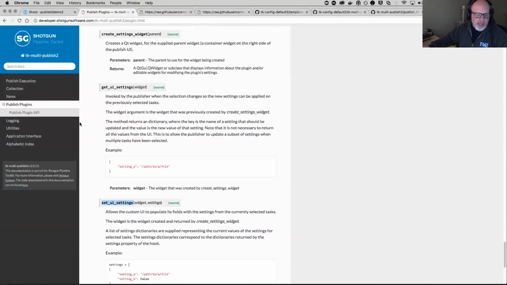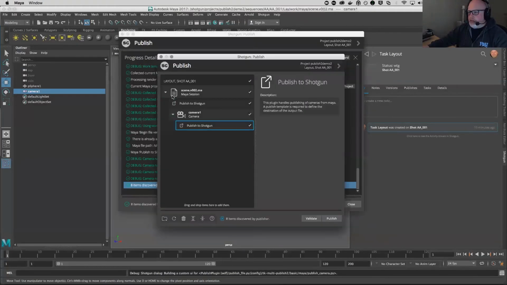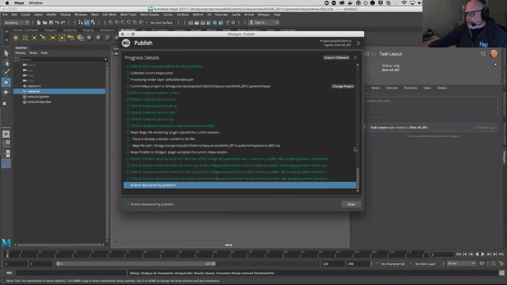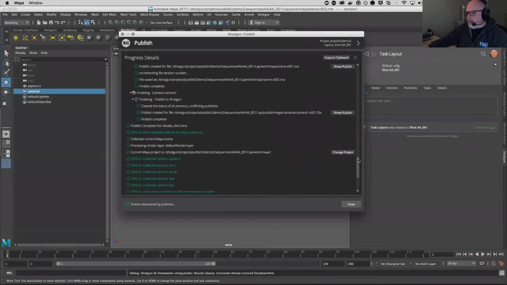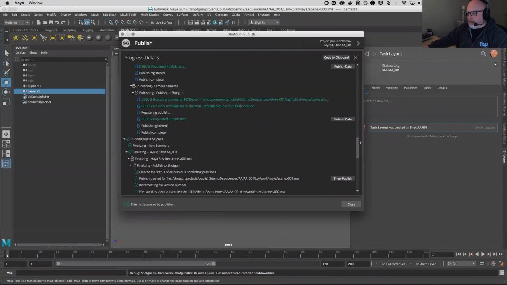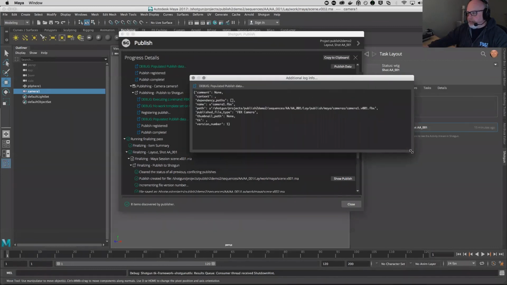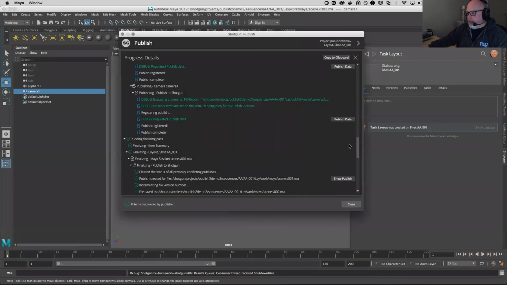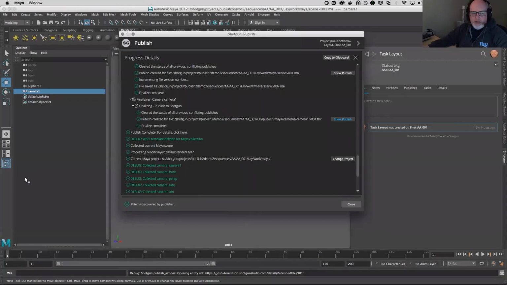And then finally, the logging actions. If you click on the logging in here, you may have seen it when I was going through the publisher. You may have seen these little buttons that show up on the right. There are several different types of these that are very useful for debugging, or, in this case, we want to see the published data, just a dictionary of published data that gets uploaded to Shotgun. If you want to be able to jump directly to a publish in Shotgun, you can do that. There's just a whole bunch of